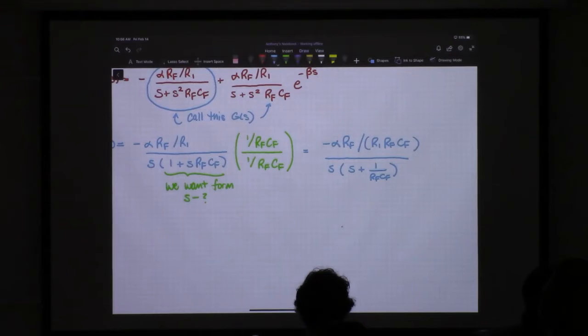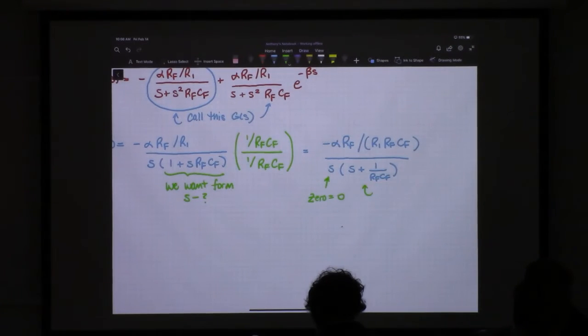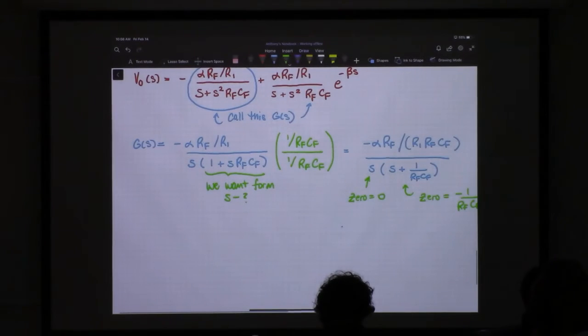All right. So now we know what the zeros are. So the zeros will equal, obviously, 0 over here, right? Because when we plug in the 0. And then the 0 over here will be equal to negative 1 over RFCF. Okay. So now we